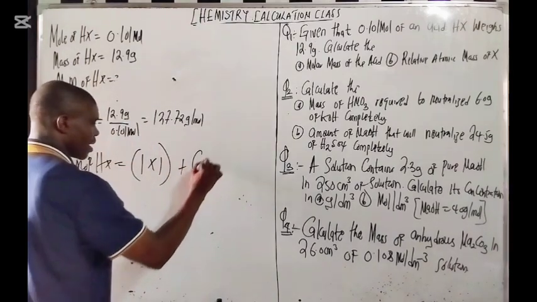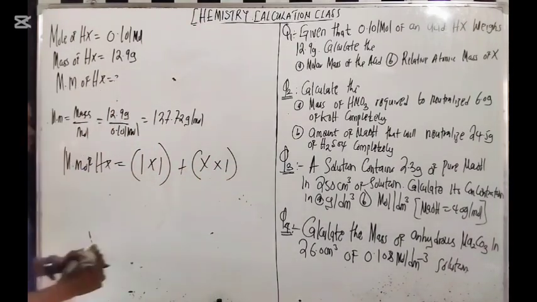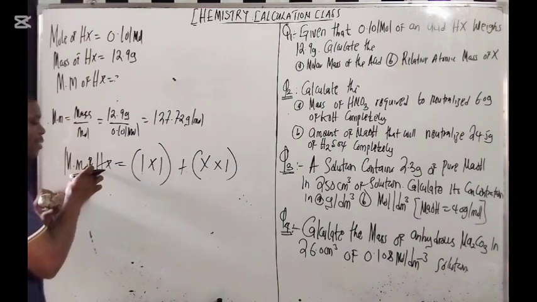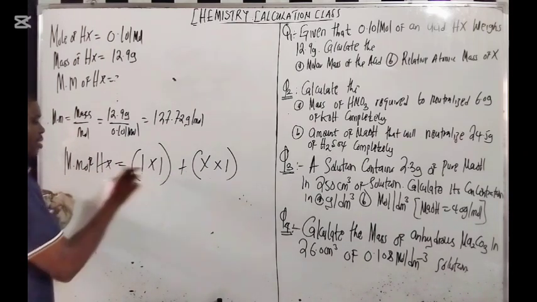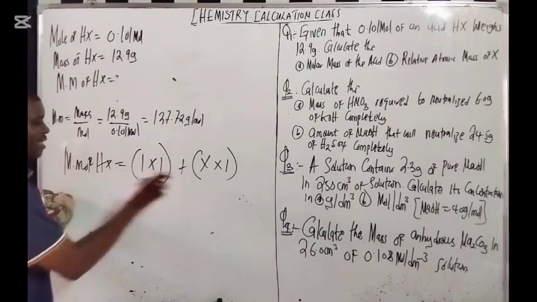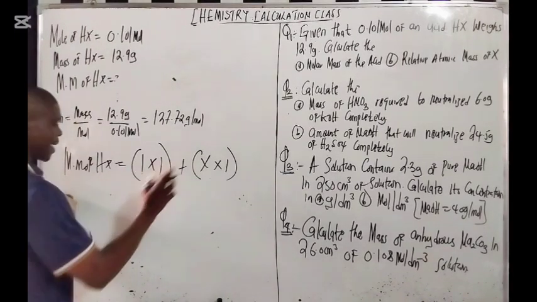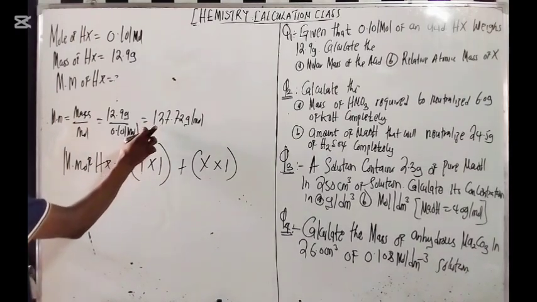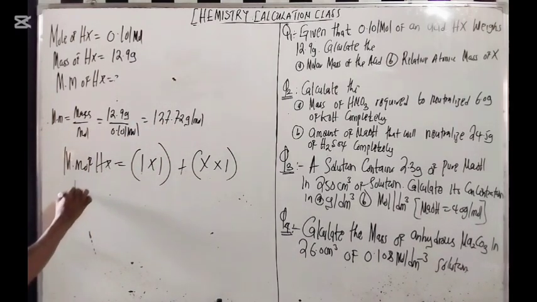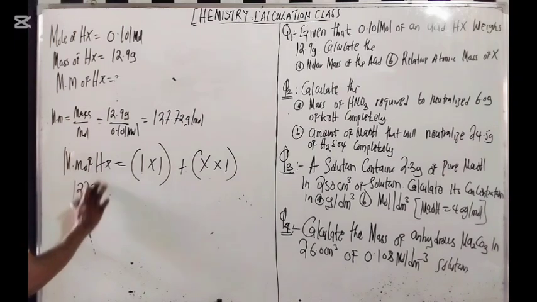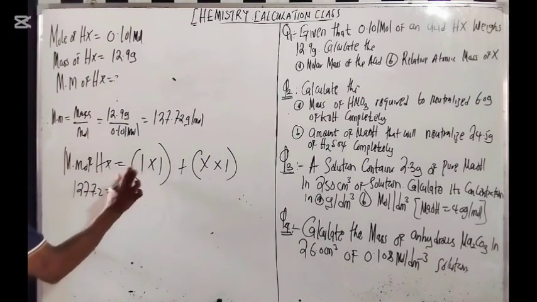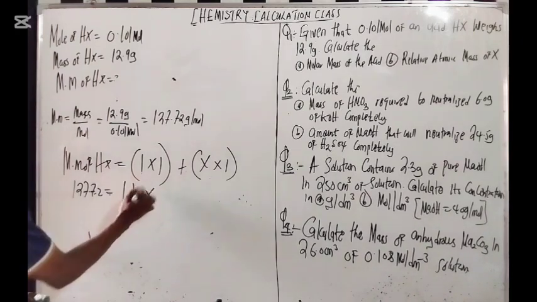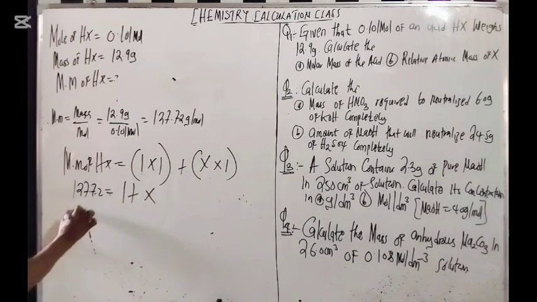The atomic mass of hydrogen times the number of atoms of hydrogen, plus the X itself, which I look for, times how many atoms of X we have, which is 1. Remember the molar mass of HX we calculated is 127.72. So 127.72 equals 1 times 1, which is 1, plus X times 1, which is X. Making X the subject of the formula, X equals